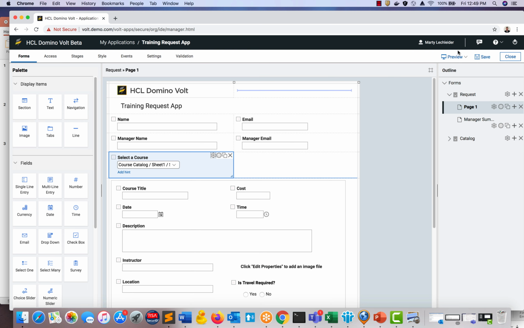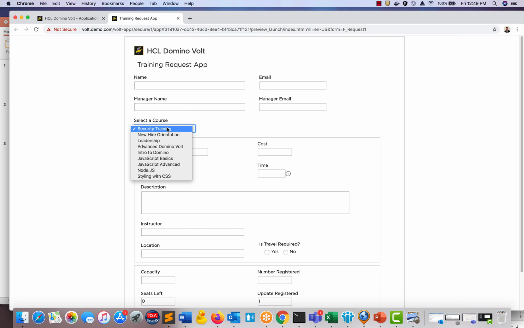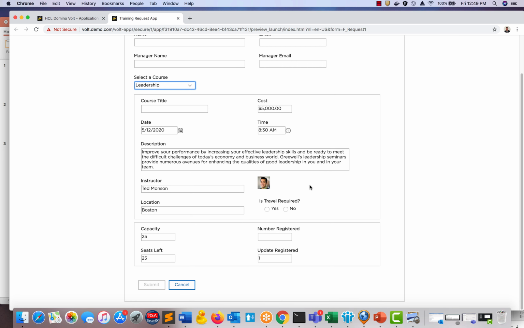So we can test this by doing a preview. Select a course. We can see the capacity is 25. There's 25 seats left. Right? And if we were to register, we would increment the number registered by 1, and then therefore this would equal